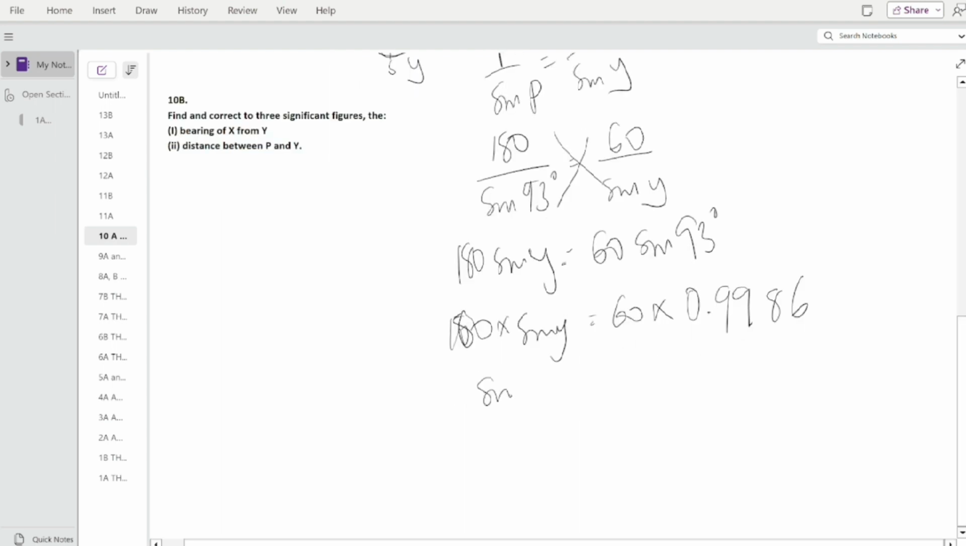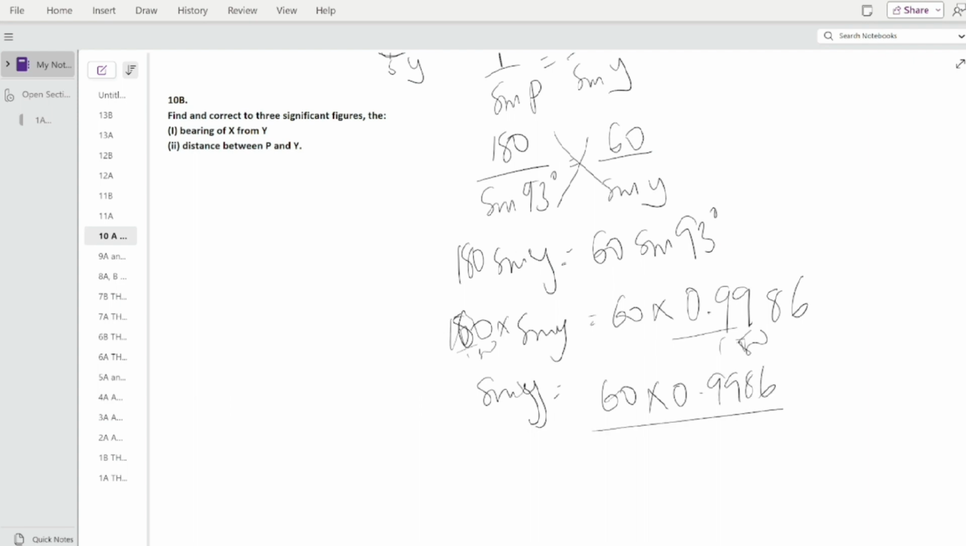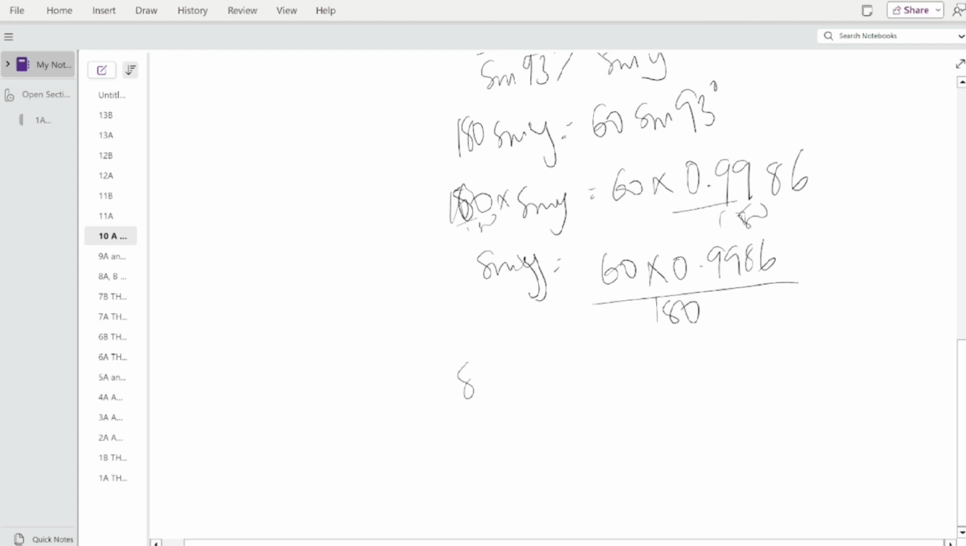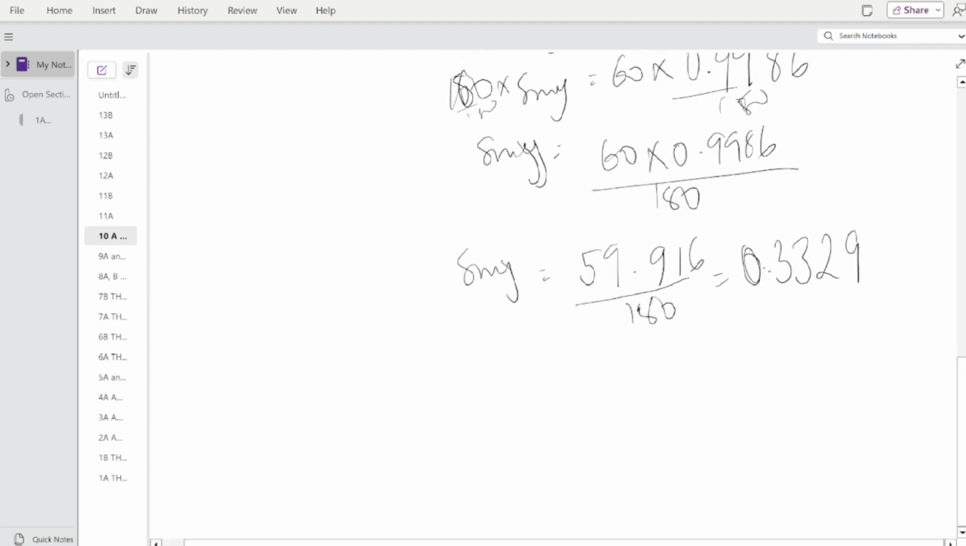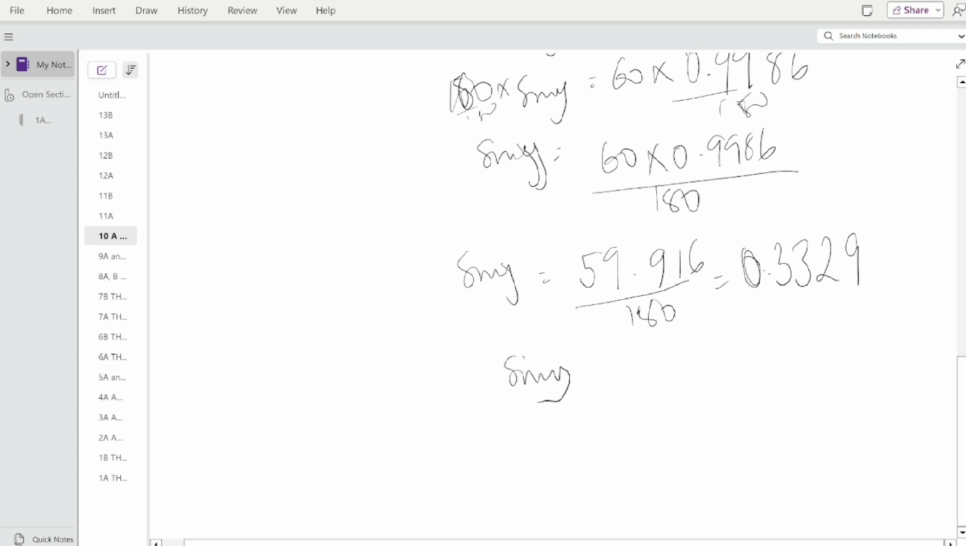0.9986. Our sine y is equal to, divide both sides by 180 to get rid of the 180. Our sine y will be 60 times 0.9986 over 180. 60 times 0.9986 will give you 59.916 over 180. 59.916 divided by 180 will give you 0.3329. Sine y is